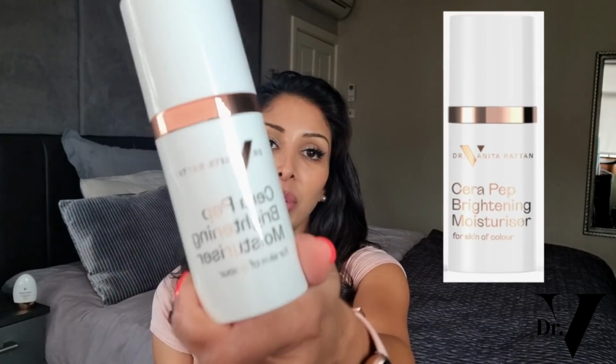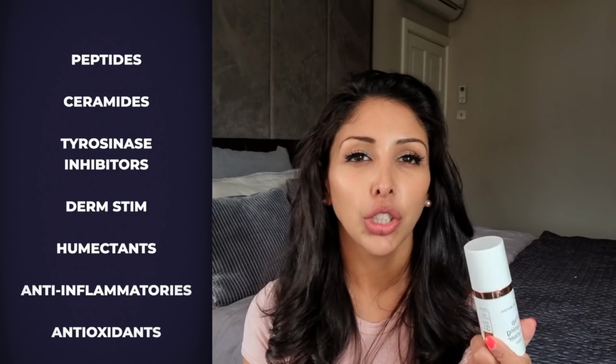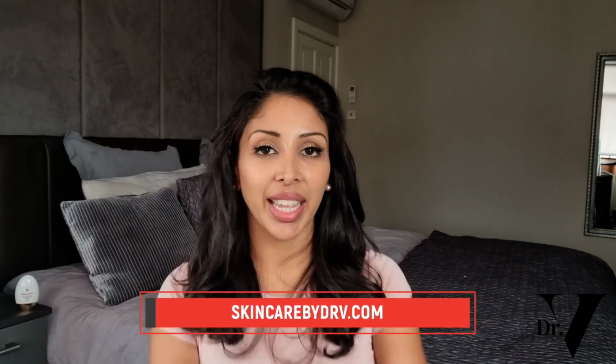And of course, there is Cera-Pep Brightening Moisturiser specifically for skin of colour. So this is the one that we made for you. In here, we basically put in peptides, ceramides, your tyrosinase inhibitors, put in derm stim, which stimulates collagen. So it's good for anti-aging. It's obviously got humectants, anti-inflammatories, and antioxidants. It also has niacinamide and licorice root, and you can have a look at it on the website down below,